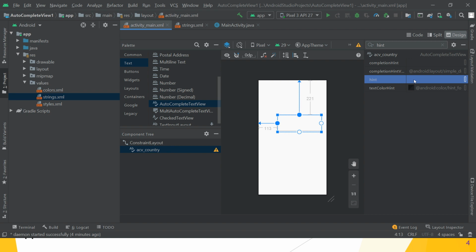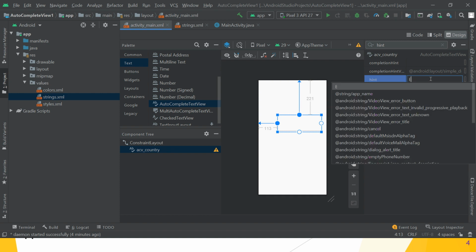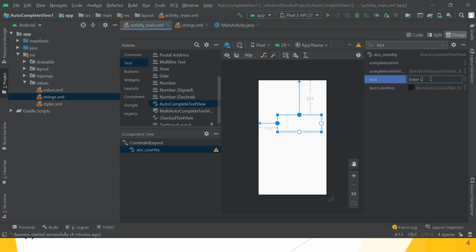So if you want, you can give enter country name. Enter country name is a hint. If there is nothing present in your autocomplete text view, then the first text shown is enter country name.